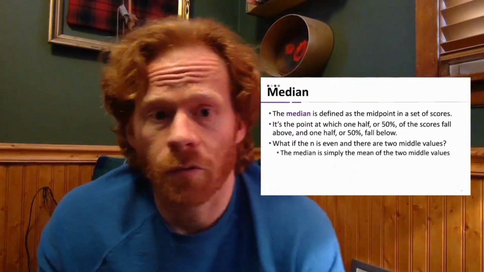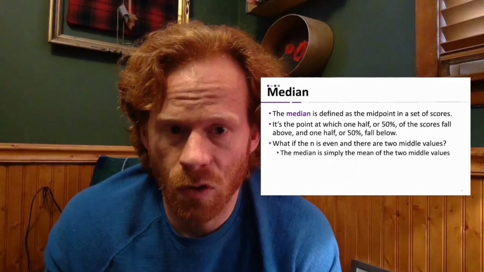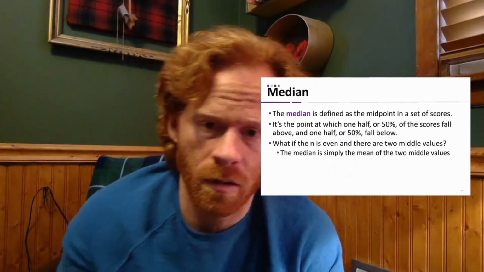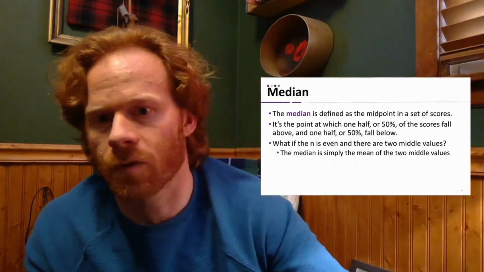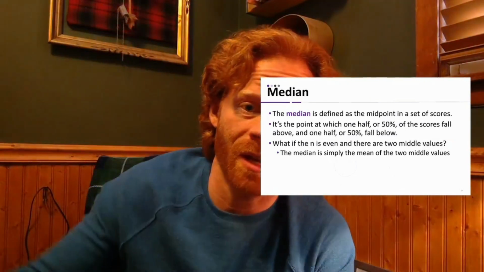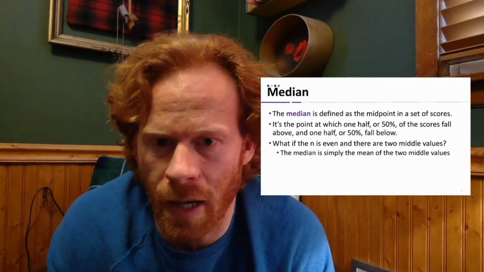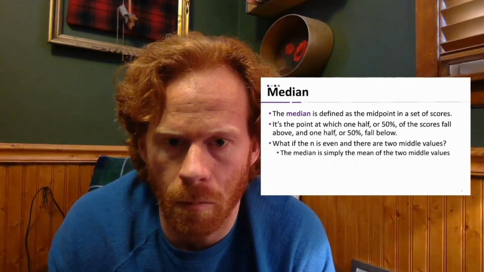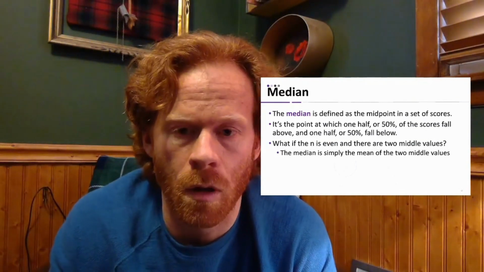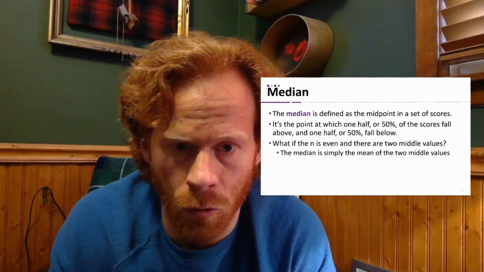Median is a little different. Median is actually looking at the midpoint of the set of scores. So it's kind of considered the 50th percentile. It's a value where half of the scores are greater than that value and half of the scores are less than that value. So that's a little bit different. It still gives you a good idea of what's most representative. It can give you a good representation of the age of a group of people, but